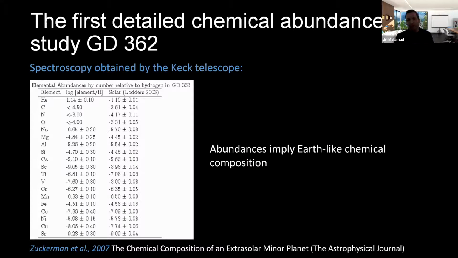Later on, in the 2000s, 2007 was the first high resolution spectra obtained for a white dwarf. And what you can see here is they attempt to establish the relative abundances between various elements that you can see in the spectra. And then from this, you can infer the chemical composition of the polluting material. You just compare it to known things like the Earth bulk composition or meteorite composition or comet composition and things like that. And they came to the conclusion that the material that's polluting this white dwarf is very terrestrial-like. It's very Earth-like.